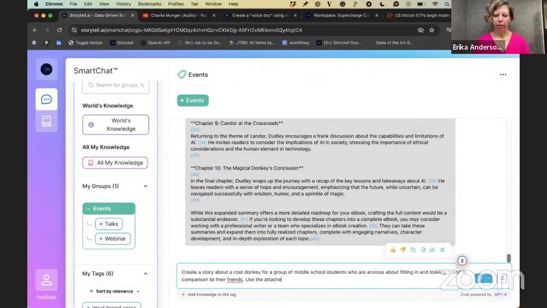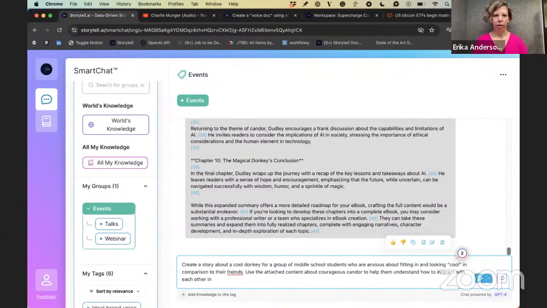Use the attached content, you could say attached, above, etc., about courageous candor to help them understand how to interact with each other in psychologically safe ways that don't feel too weird.